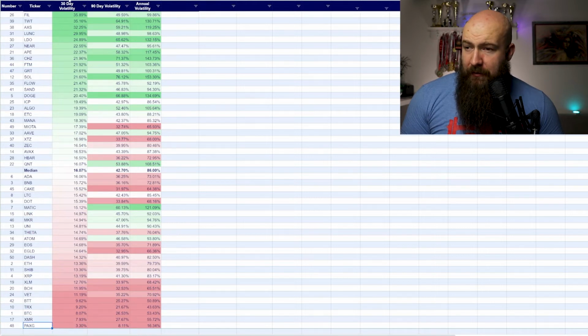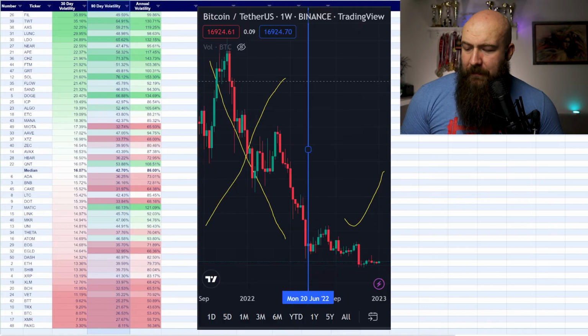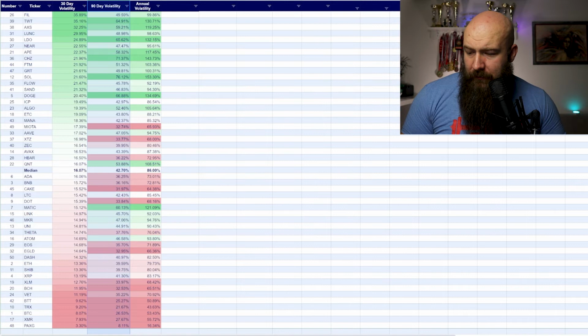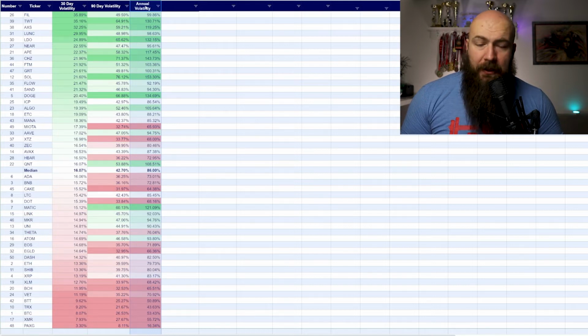Also, since you have three columns, you might be wondering which one you should really focus on. Honestly, even though most of the people look for the annual volatility, I prefer to look at 30-day and 90-day volatility, since by that we eliminate the drop from the top of the market to the bottom of the market. If we include annual volatility, the most volatile currencies are often the ones that decrease the most in price, or the ones that had a lower peak during the previous bull run. And since the sentiment is completely different now, I want to see how assets perform during this capitulation phase.